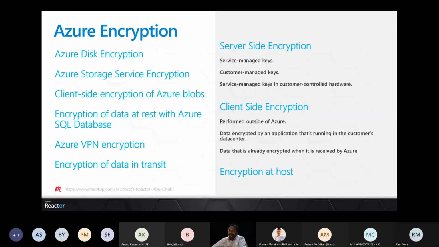On the right-hand side, you see the ways to do the encryption: we can perform either server-side encryption or client-side encryption. We'll also talk about encryption at host in short. When you talk about server-side encryption with service managed keys, what are service managed keys? They are Azure managed keys.